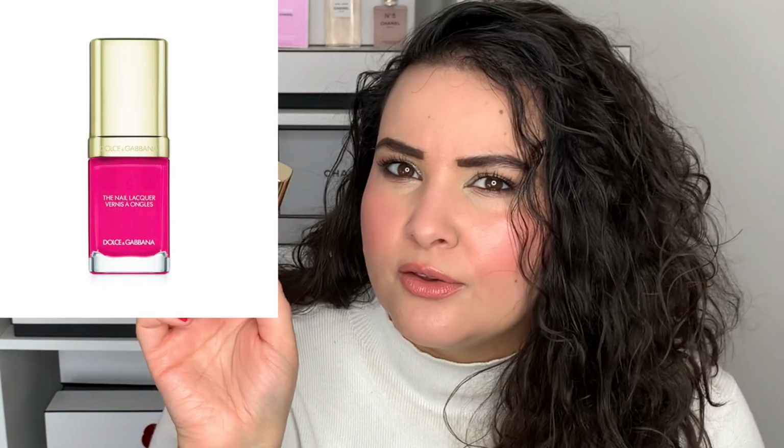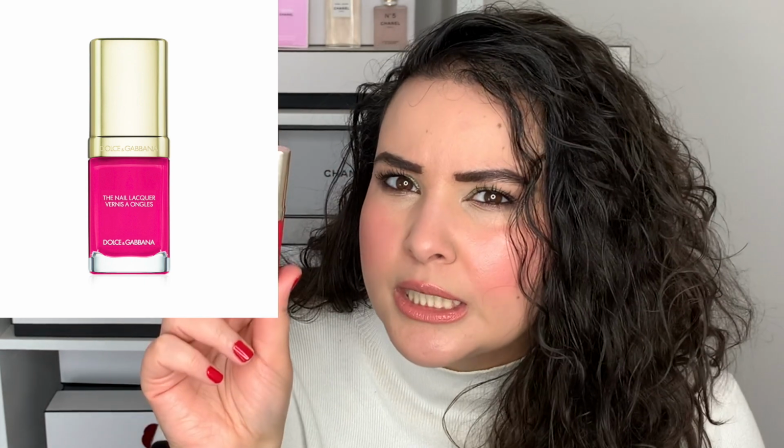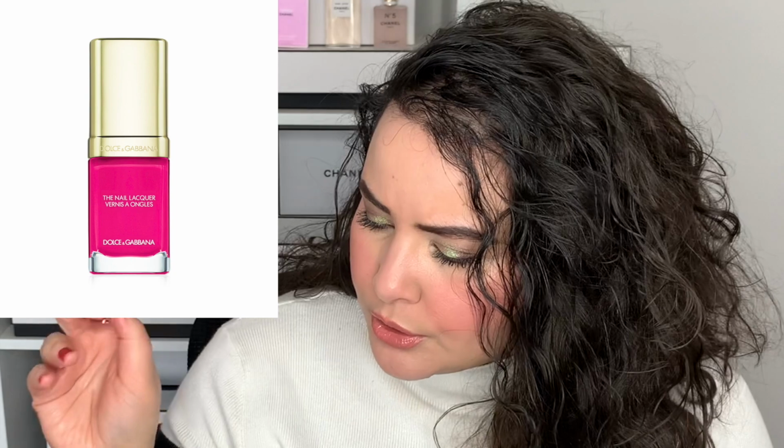Just like a beautiful signature red. However, when I was on the Harrods website, the photo that was shown for Scarlett was this hot bubblegum pink. It looked close to Bonheur, but more neon, brighter maybe. Anyway, when I got this here, I was very confused, but it says Scarlett, so I think there was a